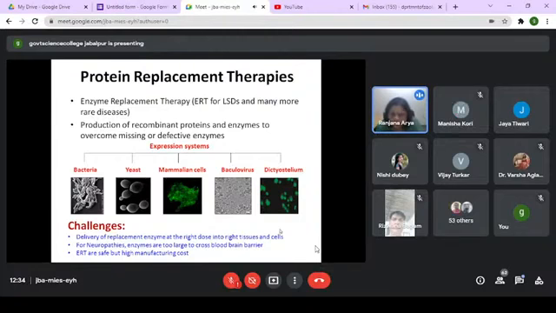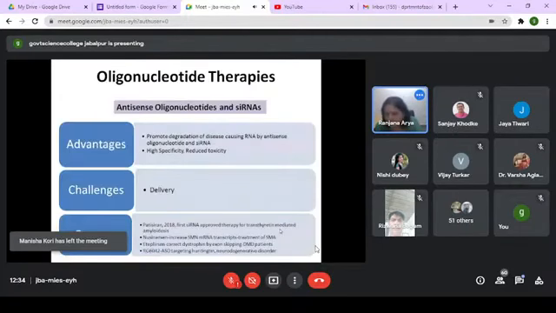And the only thing you have to keep in mind is the delivery of these replacement enzymes, that too at the right dose and into the right tissues and cells. And when we are talking about the neuropathies, these enzymes are too large to cross the blood-brain barrier, and that's why it becomes quite challenging to look for these kinds of replacement therapies. But still, because they are safe, they are preferred, if we ignore the high manufacturing cost of these enzyme replacement therapies. Next slide, please.